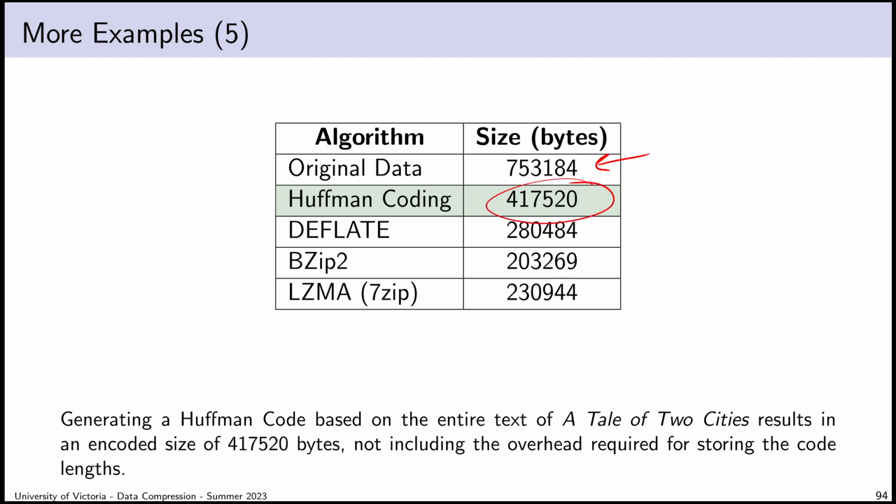However, this number, which is the total number of bytes I end up with after compression, doesn't include the overhead of storing the symbol table. So it's only the actual bits resulting from the prefix coding itself, not the overhead. Another reason I can justify having an algorithm that reads this entire piece of data before deriving a code is that these three algorithms also do read chunks of data at a time. They're chunks bounded by a constant. That's the important thing. But bzip, for example, at its maximum setting, would read a 900 kilobyte block,